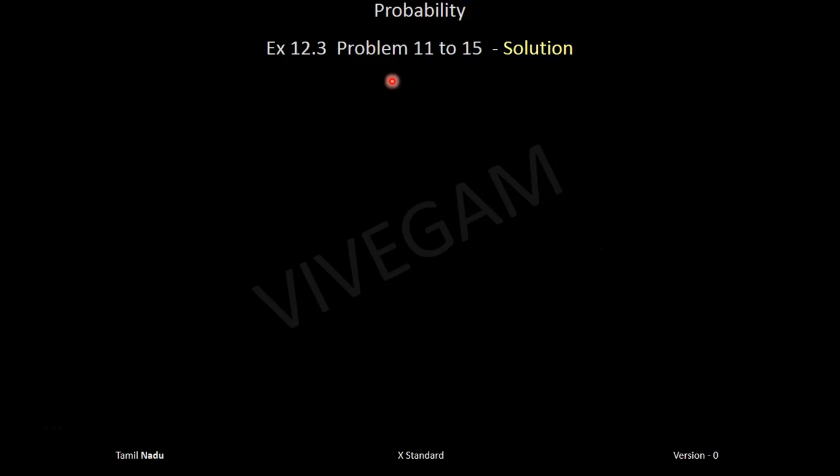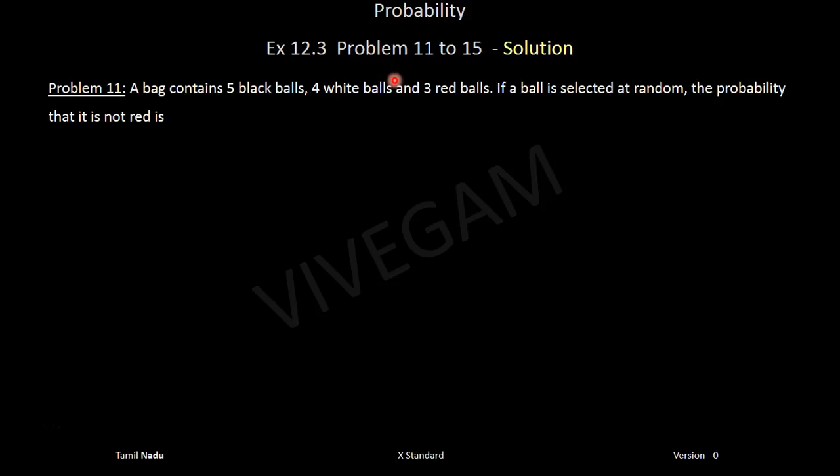Exercise 12.3 problem 11 to 15 solution. A bag contains 5 black balls, 4 white balls and 3 red balls. If a ball is selected at random, the probability that it is not red is,